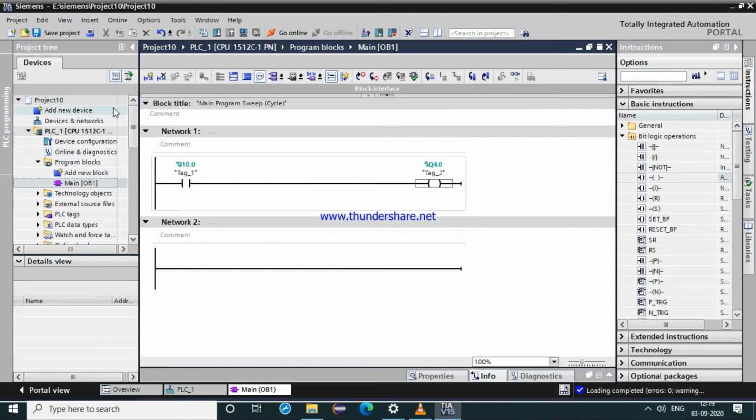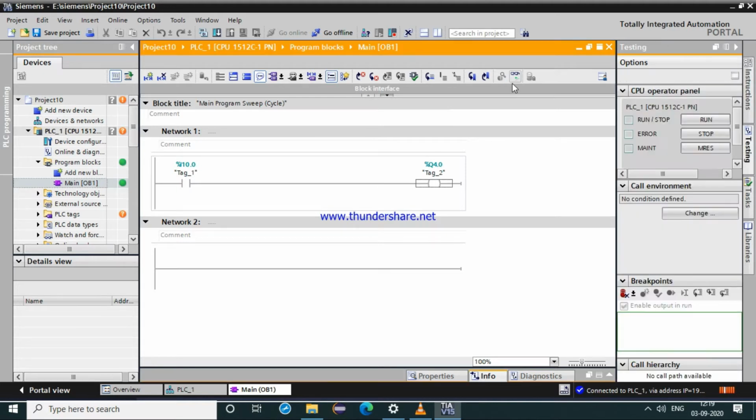Now as we can see, this option, that is monitoring on off, through this we can see whether our CPU and our hardware PLC has been connected or not.